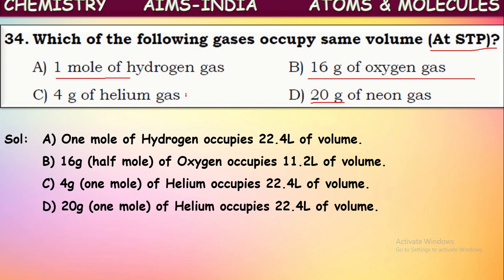Now these three gases occupy 22.4 liters of volume at STP. But here oxygen is given as half mole, so it is occupying only 11.2 liters. Except this, the remaining three are occupying the same volume. Okay, these three are correct answers. Next,